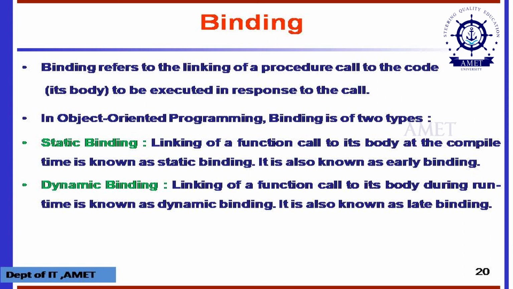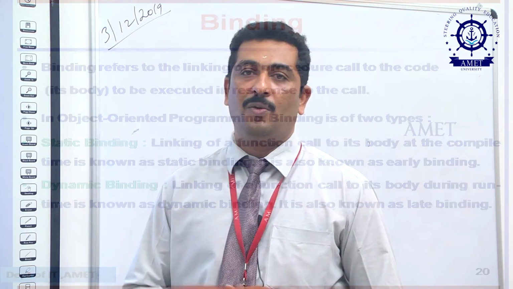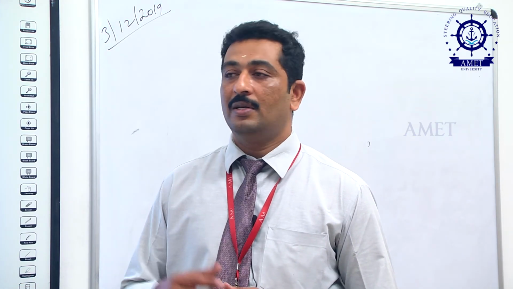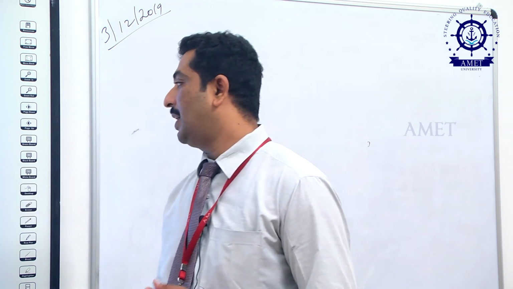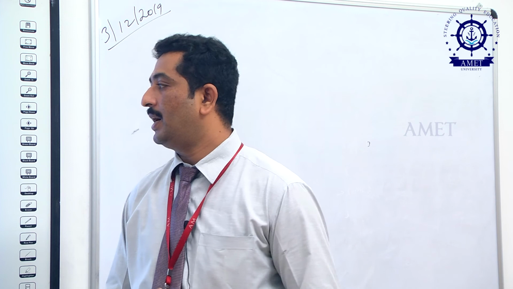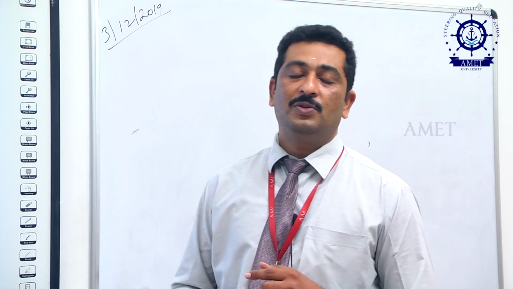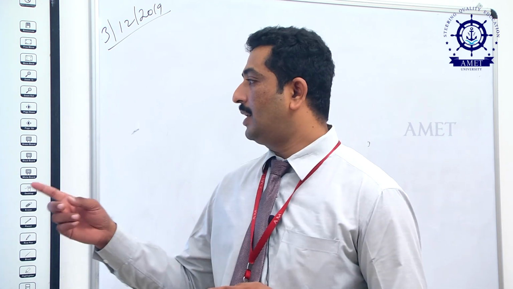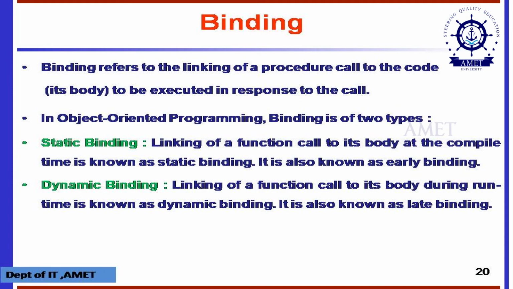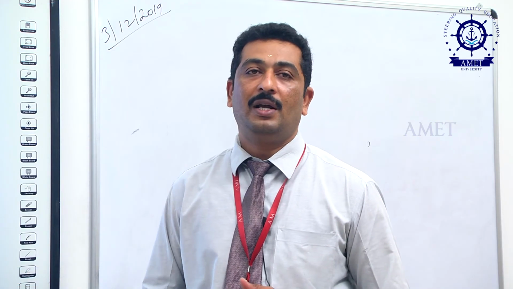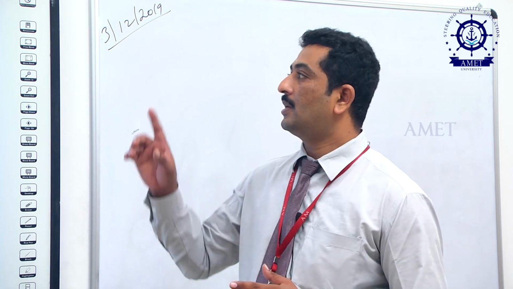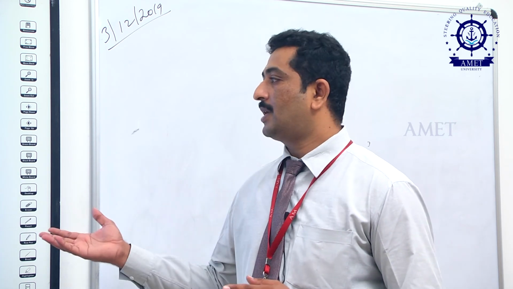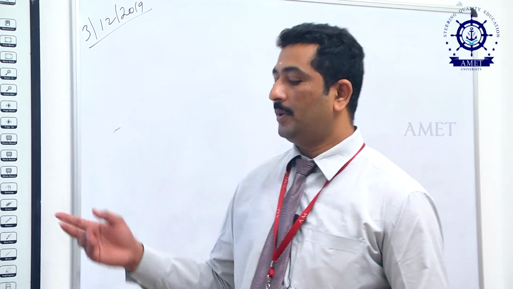When you compile a program, there are two stages: compile time and run time. When some library files are connected at compile time, that is called static binding, also known as early binding. When some files are linked at run time, that is called dynamic binding, also known as late binding. Those concepts are also mainly used in C programming. An object calling any member function is also binding, and it may be static binding or dynamic binding.